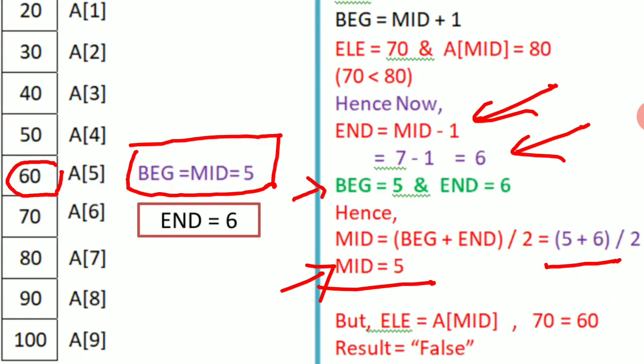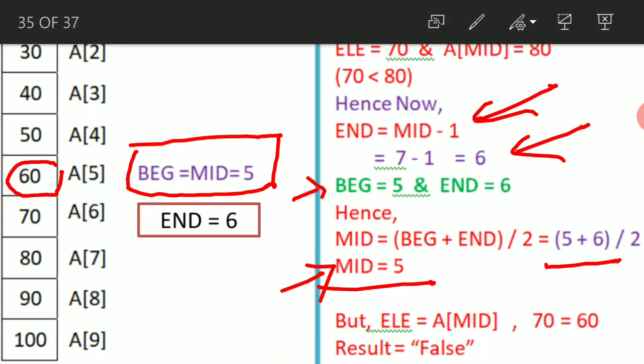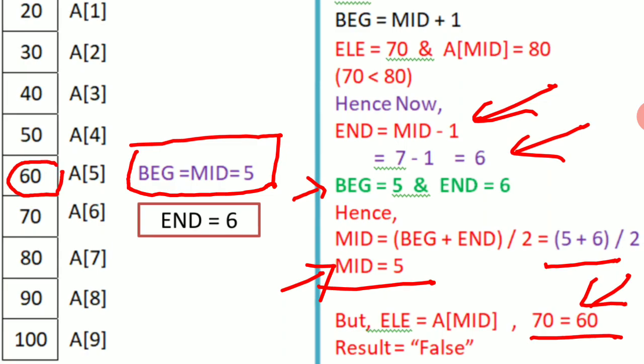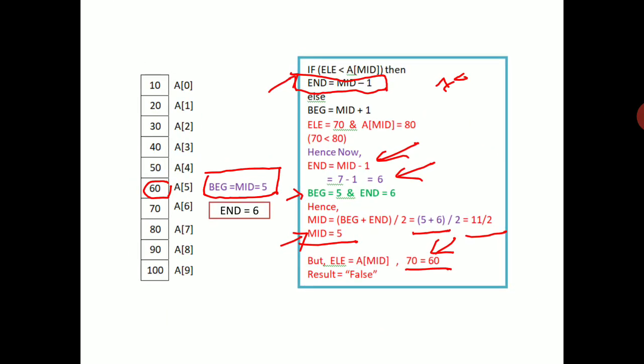A of mid equal to element: does the element match with A of mid value? No, because the element we are searching for is 70 and A of 5 is 60, hence the result is going to be false. In this step also, we did not find the element.